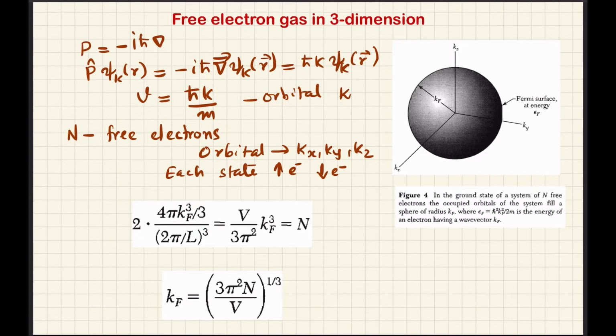In 3 dimensions, this corresponds to filling up a sphere in k space. You can take 3 axes k x, k y and k z, and each point on the sphere is a possible solution, a possible orbital of the electron, because